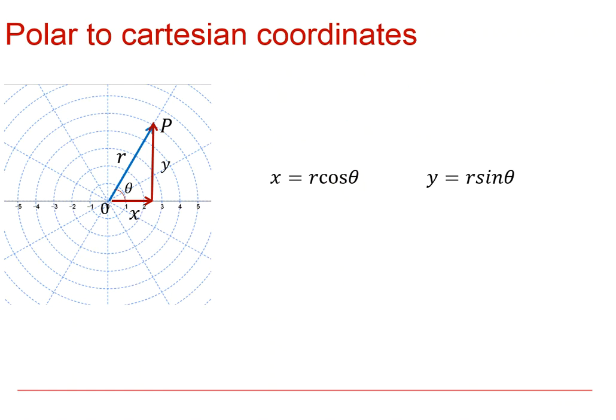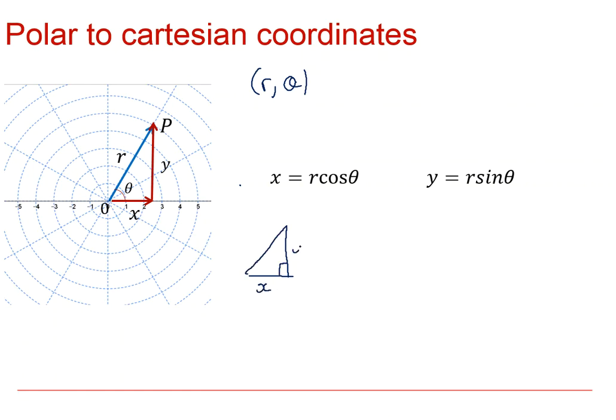Okay, so if we have a look at this diagram, you remember from last time that when we write polar coordinates we write them in the form (r, theta), where r is the distance from the pole or the origin and theta is the anti-clockwise angle from the positive x-axis. Now, if we have a look at this triangle,